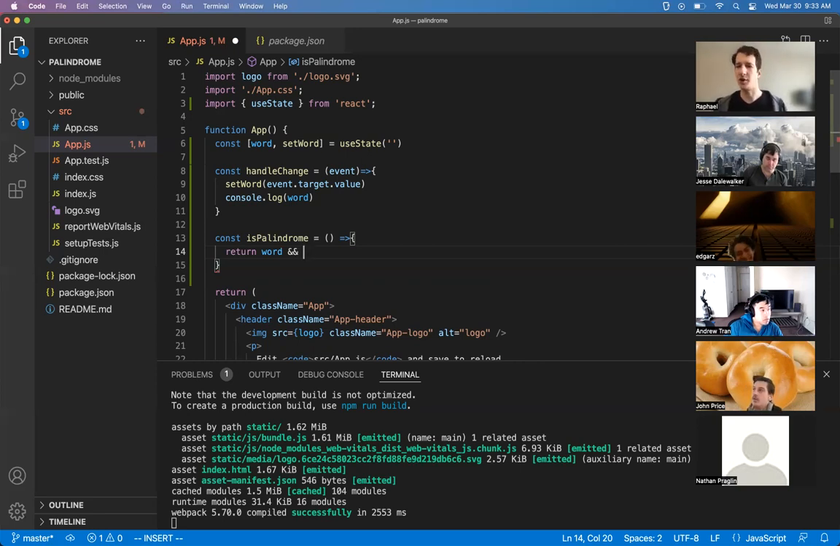So the first thing I'm doing here is checking word, because I want to make sure that word is defined. If we get undefined, null, or an empty string, I don't want to count that as a palindrome, even though technically it's the same backwards as it is forwards. So I'm going to use this short circuiting to check that the word exists first, that it is defined with a truthy value. And if it does exist,